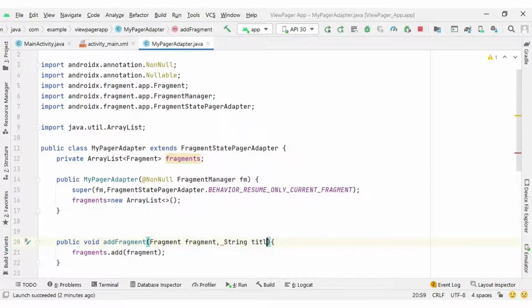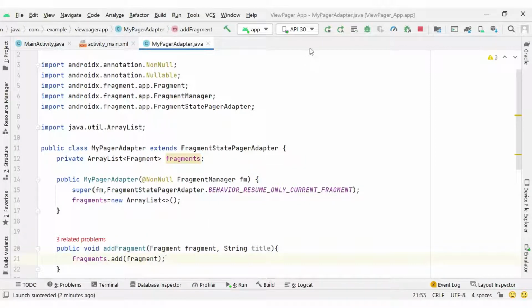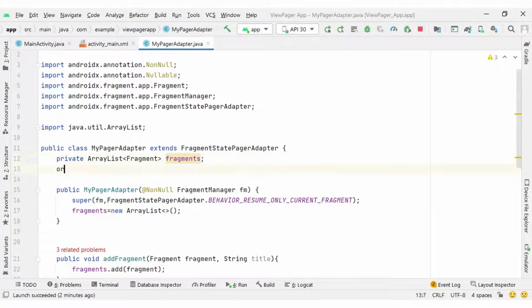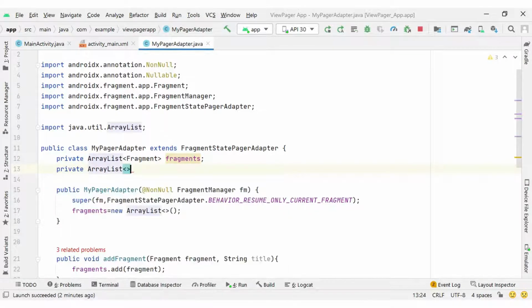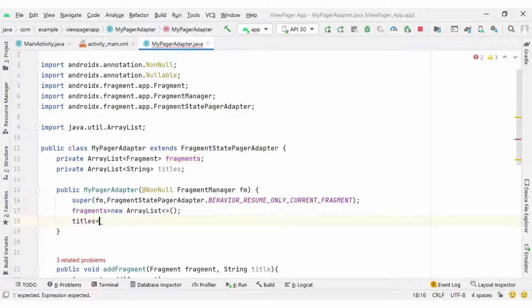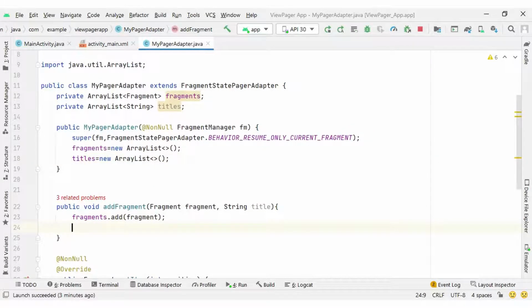So here is the title parameter, and to handle the title we will have a private array list of string, and the name of it is titles. Next inside the constructor I will create this array list, and the third and last step is we will add this title inside our array list.